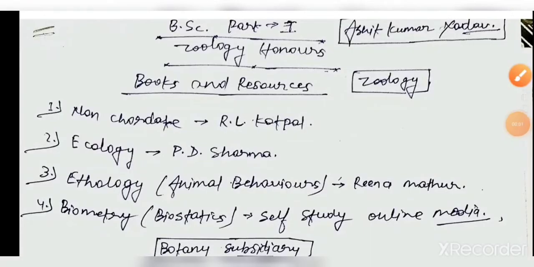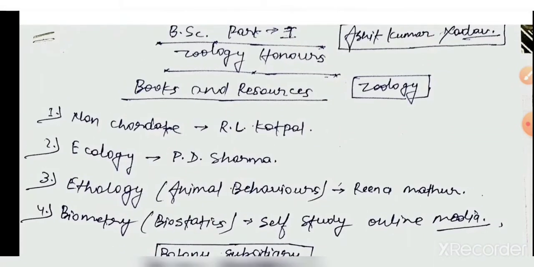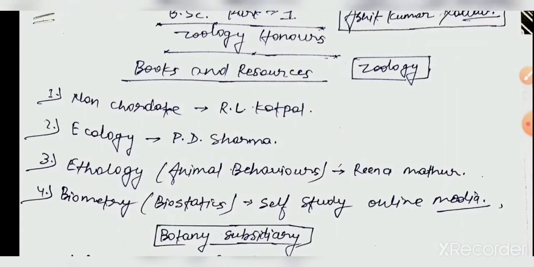The list that I was showing on the screen was the plan for BSc part 1. I followed this plan, and my examination was also good by following this plan. So you can prefer these books. The students who are in part 1 can watch this, so that they can also know which books to keep with them during the preparation. I followed these books. You can take a screenshot of this. We will discuss BSc part 2 onwards.